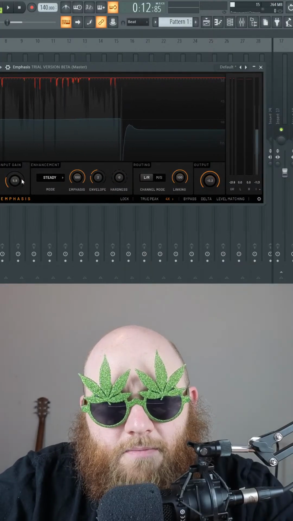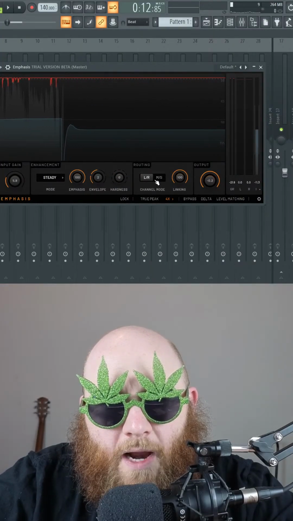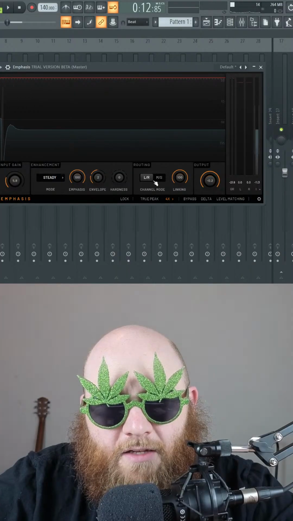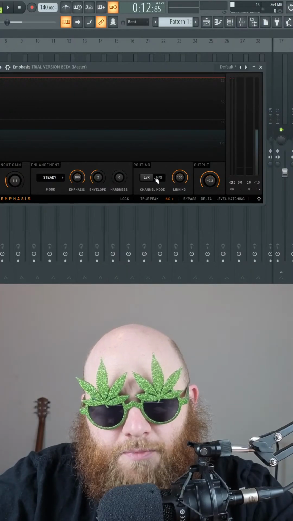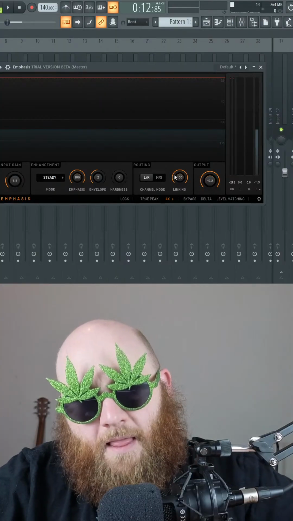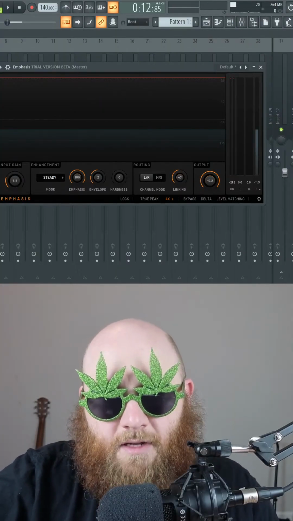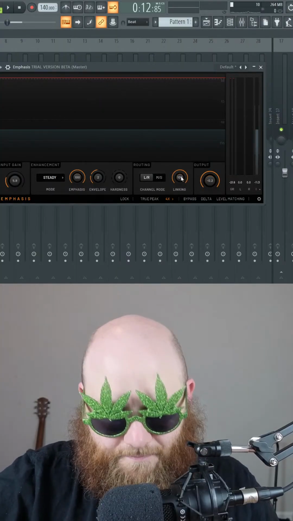Alright, next up we have routing. We've got left, right, and mid side. So you can change which mode that is. And then you have a linking knob. So the linking,